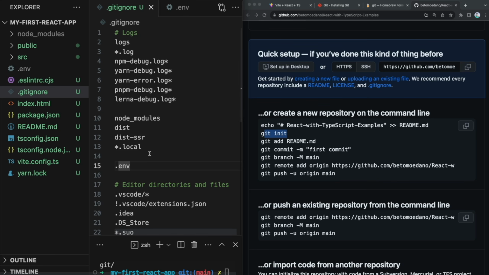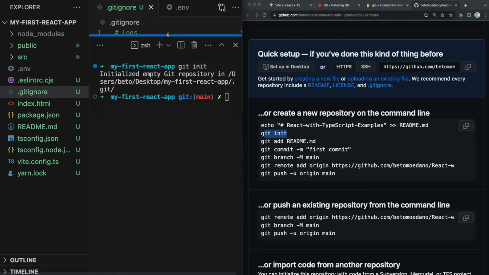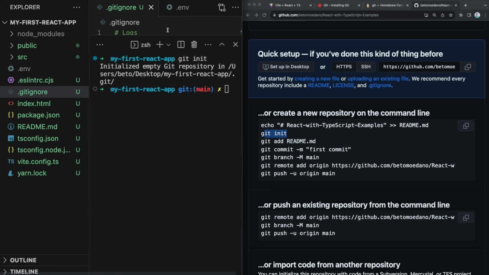All right, so now that I have created and updated my .gitignore and initialized my repo, I'm going to close this Explorer for now. Well, let's just leave it open because I want you to see that everything is green because we haven't committed anything yet. So the way we start adding stuff, once we initialize this repository, is by saying